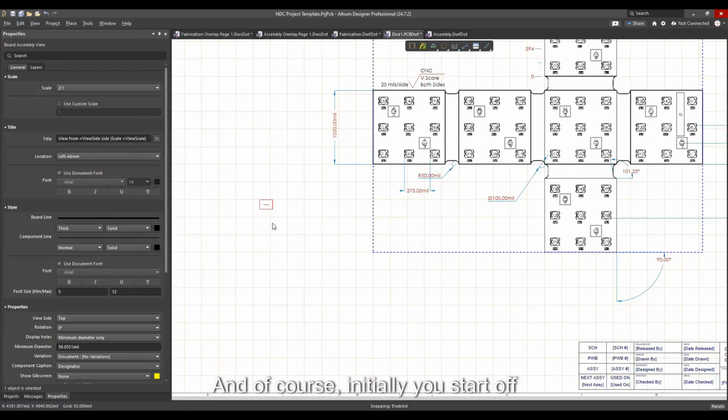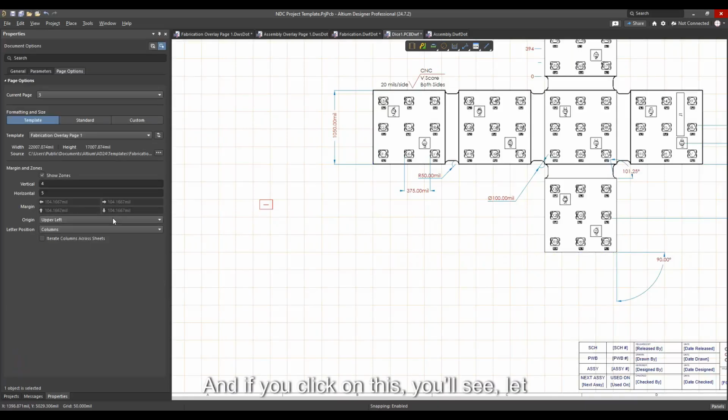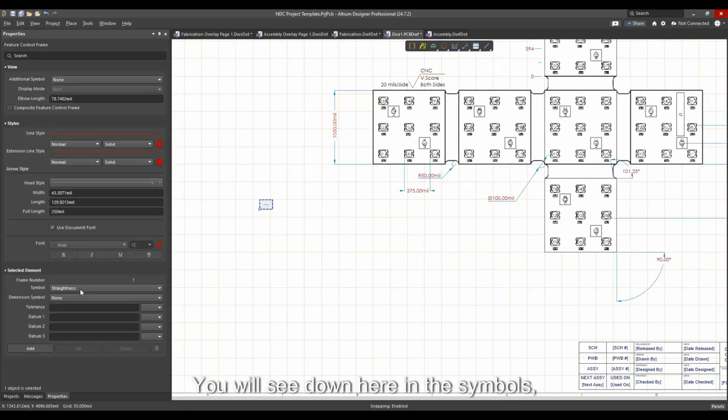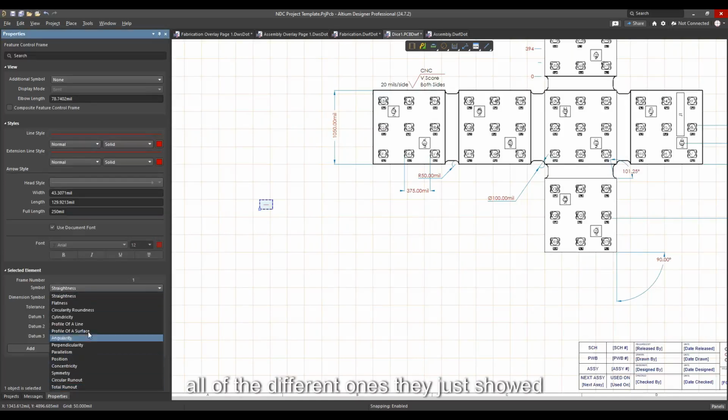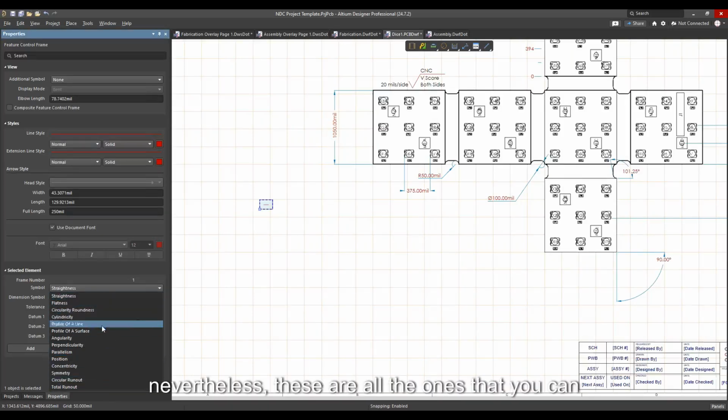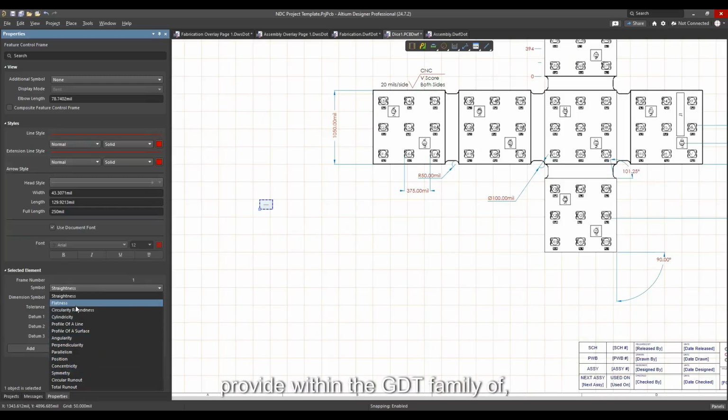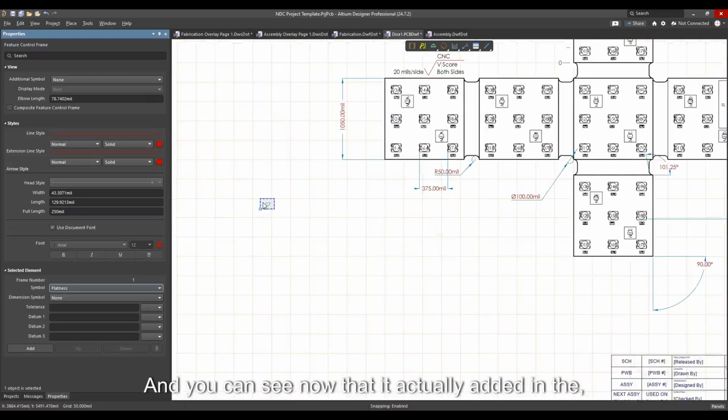And of course, initially you start off, you're like, what is this thing? And if you click on this, you will see down here in the symbols, there's all of the different ones I just showed you up there. It'd be nice if Altium actually showed you the symbol, but nevertheless, these are all the ones that you can provide within the GDT family of ways of doing tolerances. And so I'm going to say I want flatness,